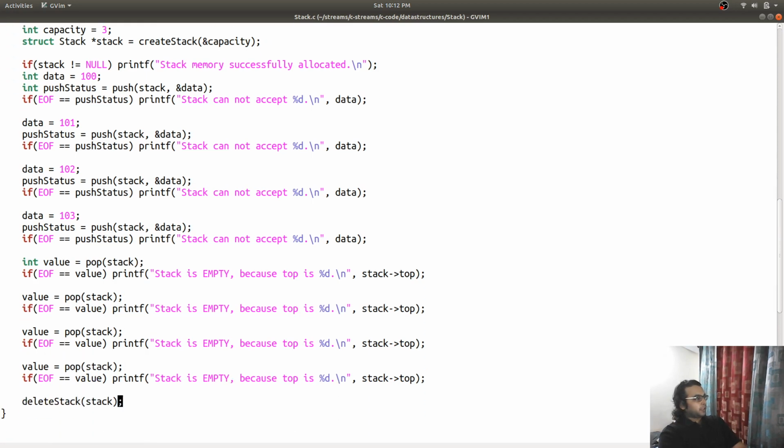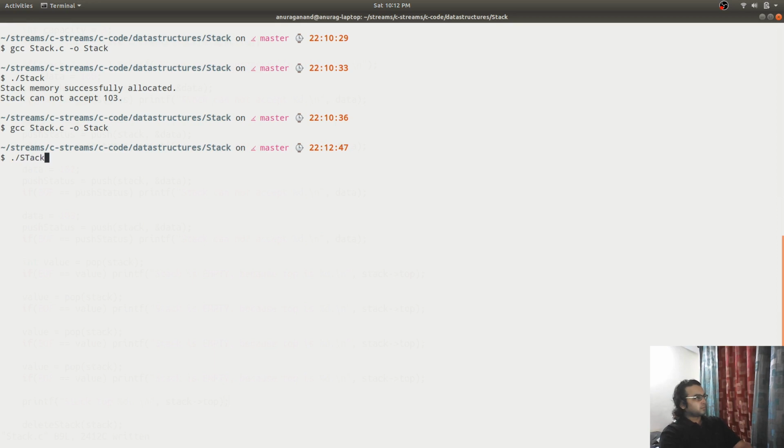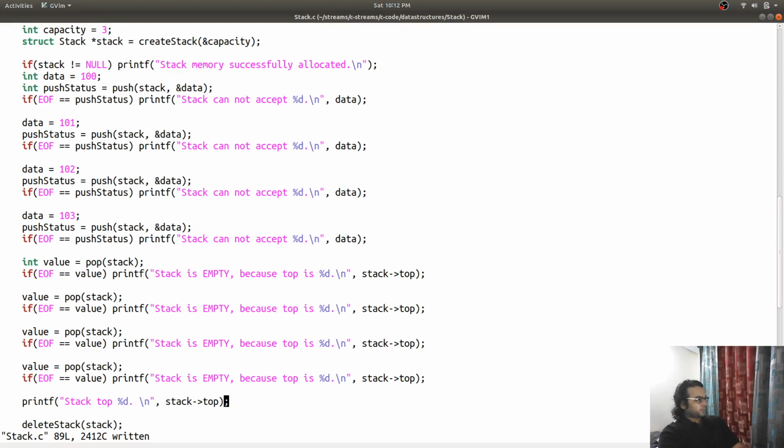Let me check what the condition is. Stack top is 2. Why is that?